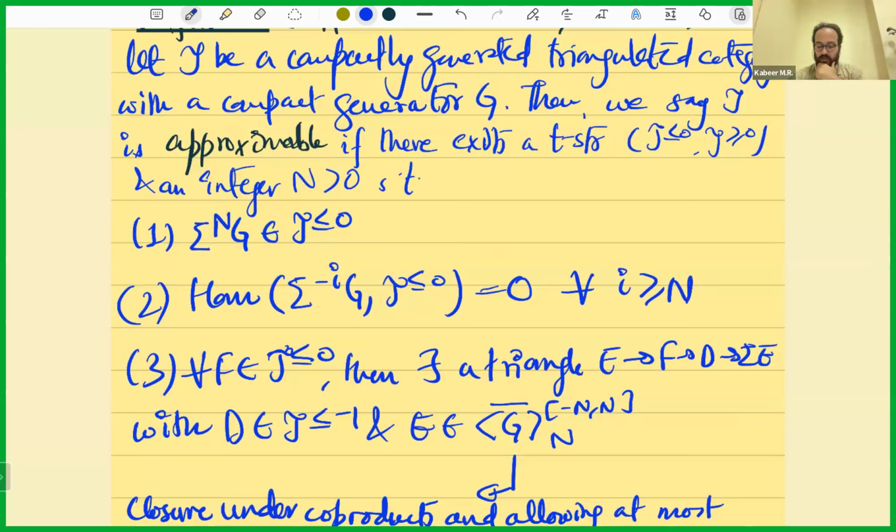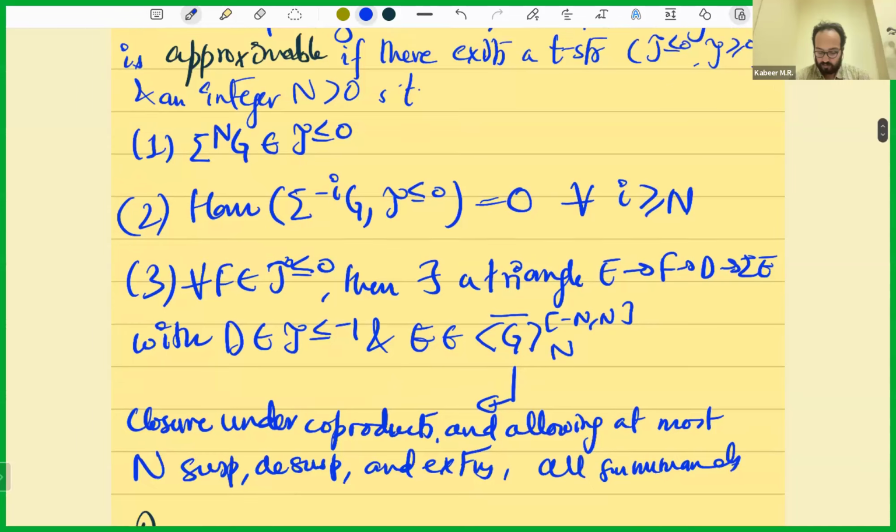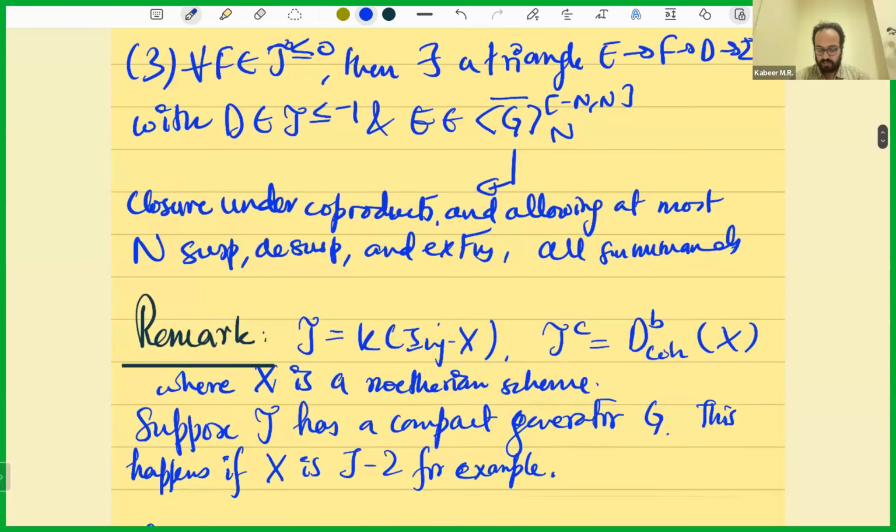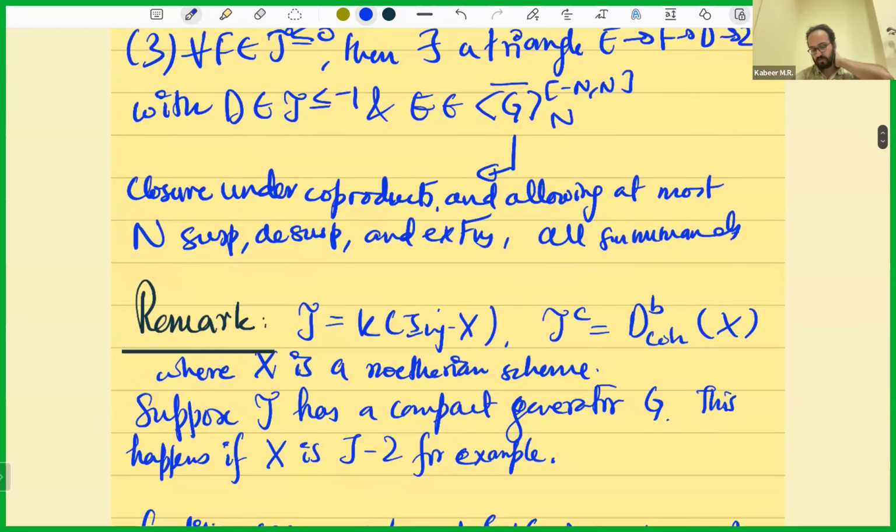So a question which might arise to people who have seen approximable triangulated categories before is, why is there a notion of defining a more general idea? Why does this not cover everything which is of importance? The answer is essentially that there are naturally occurring triangulated categories which cannot be approximable, but do satisfy a structure which is analogous to approximability. So here is a naturally occurring example.